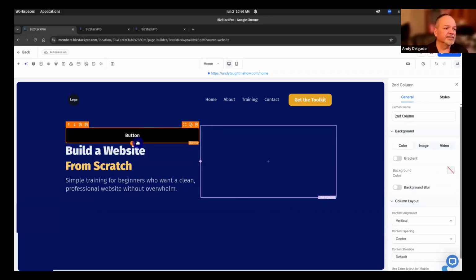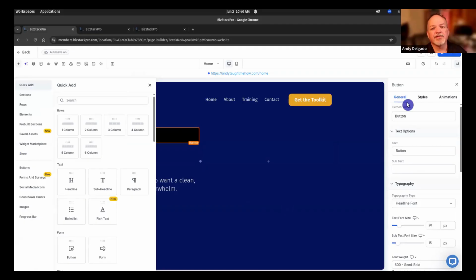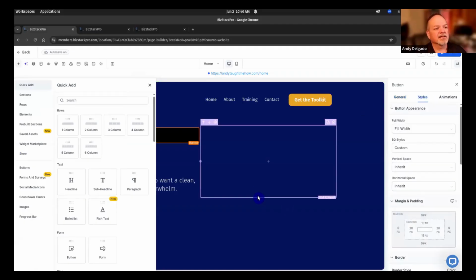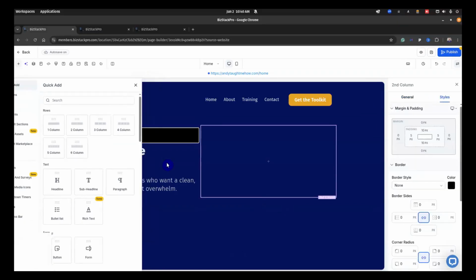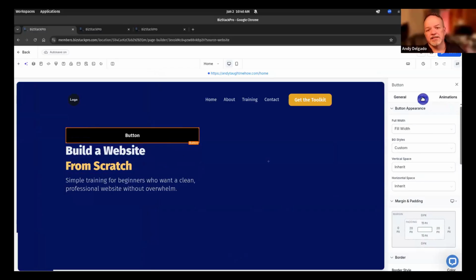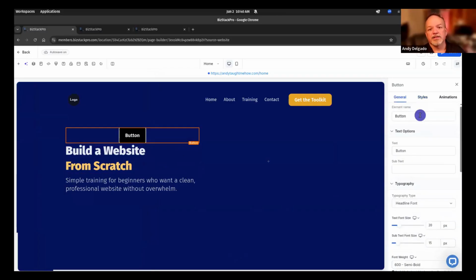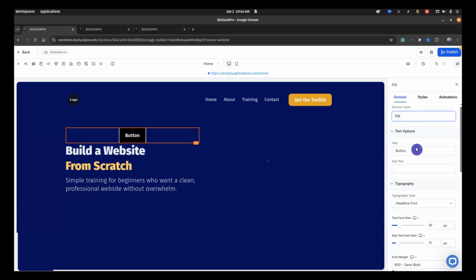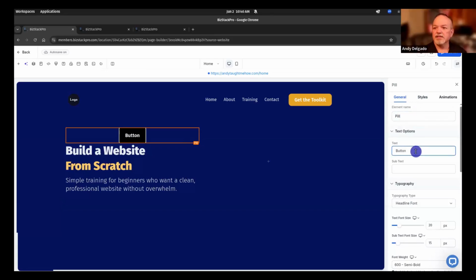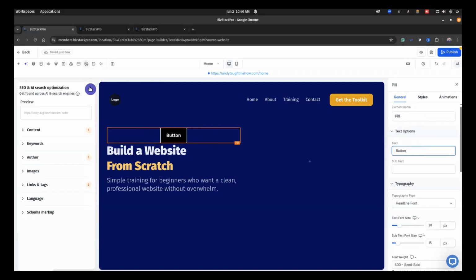All right, let's go fix our pill. We need some spacing underneath it. So we're going to go back to it. All right, so we're going to style this button. We want it to be a fluid button. And instead of calling it a button, we're going to call it a pill. And then the text is,